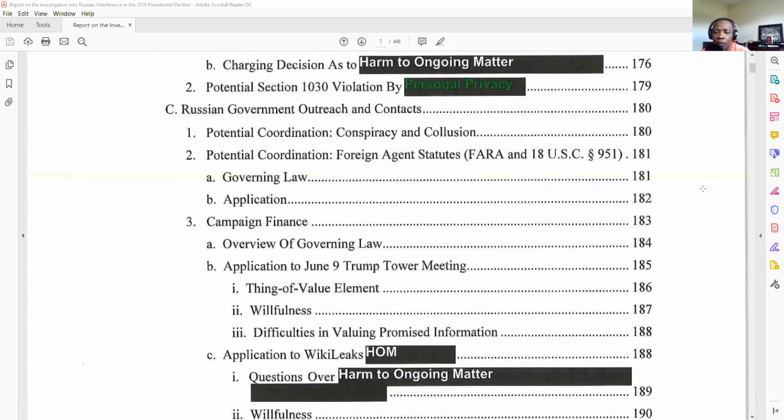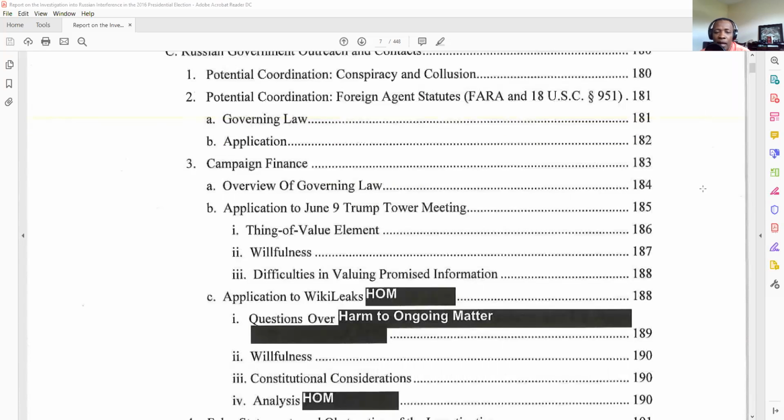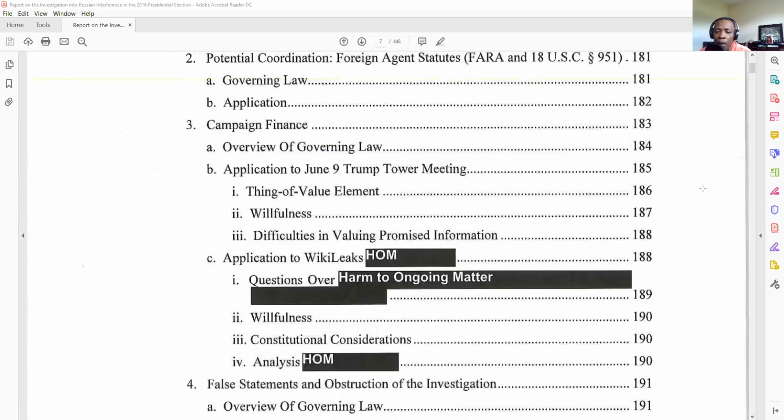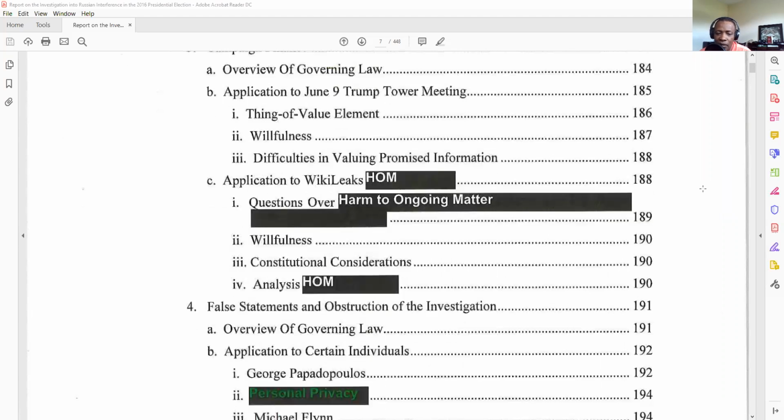Application. Page 182, campaign finance, overview of the governing laws, application to the June 9 Trump Tower meeting, thing of value element, willfulness, difficulty in valuing promised information, application to WikiLeaks, that's redacted, questions over, that's also redacted, willfulness, constitutional consideration, page